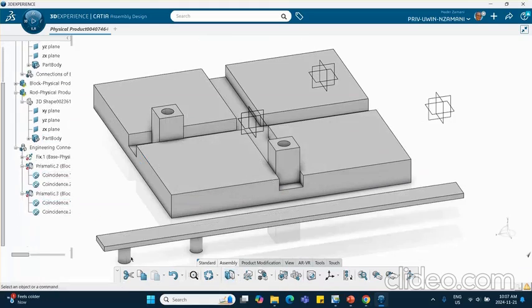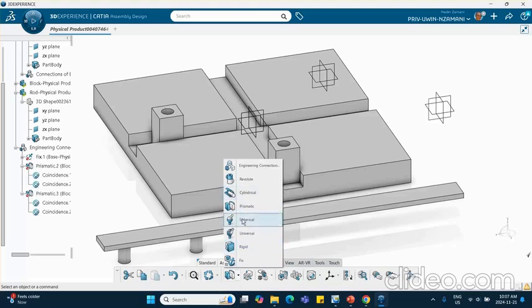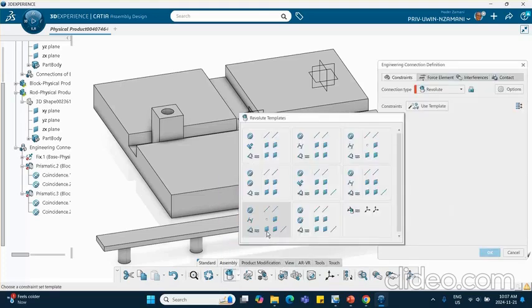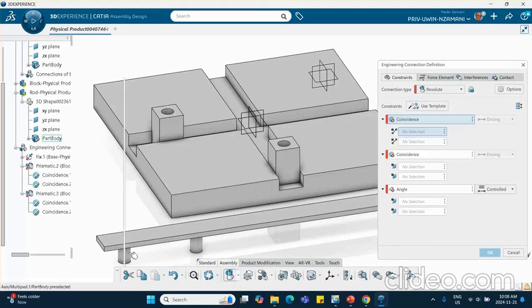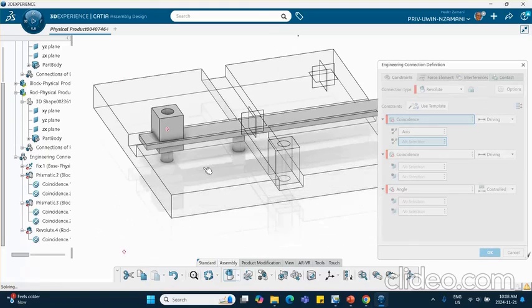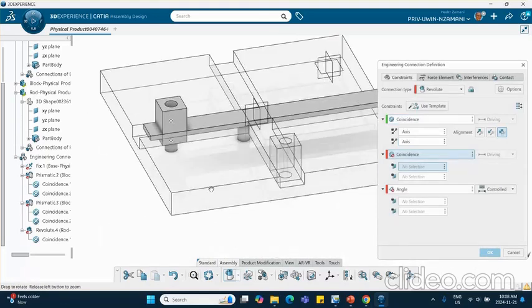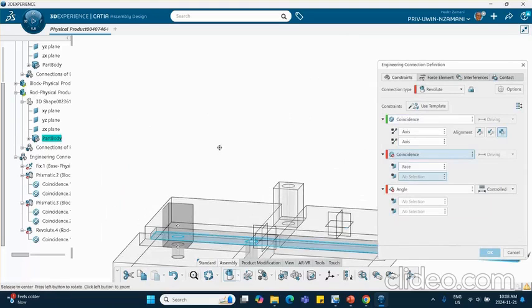Okay. Now let's put this pin inside of that hole. So that's going to be a revolute. I'm going to put the motor later on there. And so we go to the revolute. Different templates. And the way I'm going to do that is, for example, I like this one: axis and axis, plane and plane, and then the angle between two planes that are appropriate. So I'm going to use this template. So this axis and that axis, this plane and that plane,